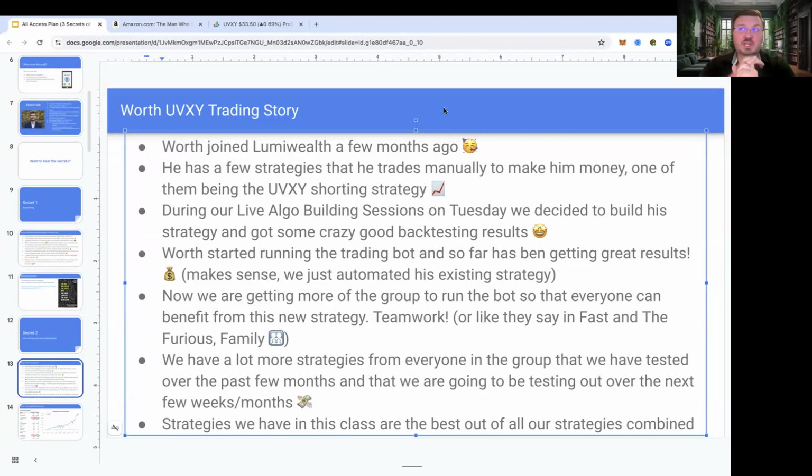So first of all, it's a really great way to share ideas and see what everyone's using to trade. But second of all, once we do that vote, we actually pick one of those algorithms and we build it during the class. And usually I'm the one coding it. So people vote on it and then say, okay, let's build this thing today. So we spend the next couple hours building this thing out, right? During this day, we built out specifically this UVXY trading algorithm.